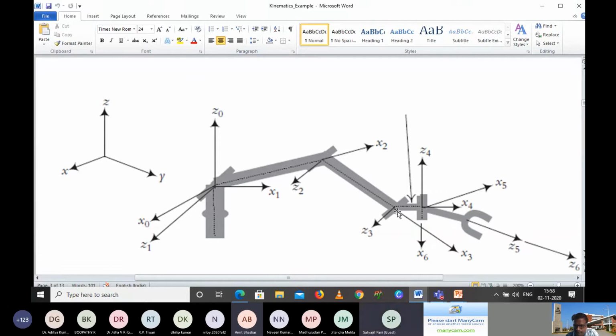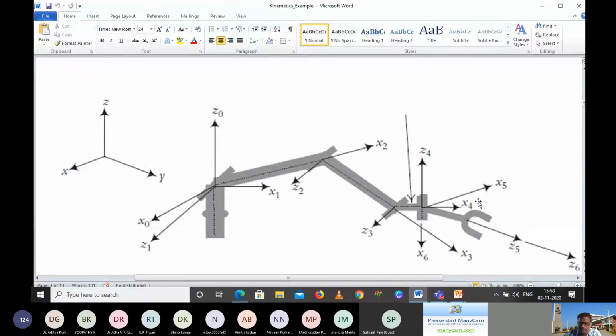You can see X4, Z4, X5, and here Z5 is given. To confuse you, they have given it from here. Try to understand, actually the Z5 is from here. Where X is there, there only Z also will be there, not here separately. To confuse, they will give like this. So X5 and Z5 are from here. At the same point, you won't have any parameter D and A. So D and A will be 0.